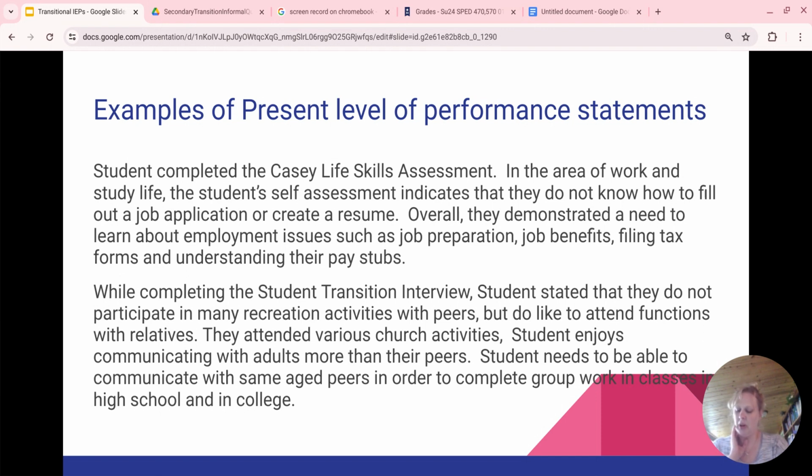In the first example, I would look at the student's courses to determine if they have a general education class that might help fulfill this area. A careers course taught to 9th graders at our school covers a lot of these issues and will support the student in meeting this need.